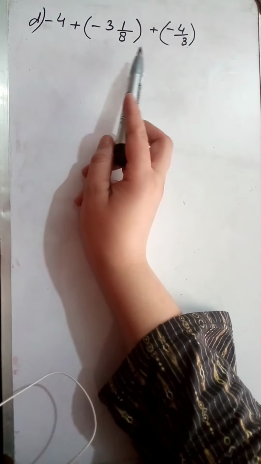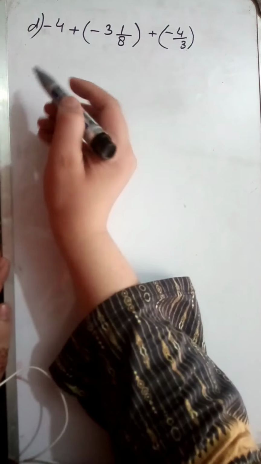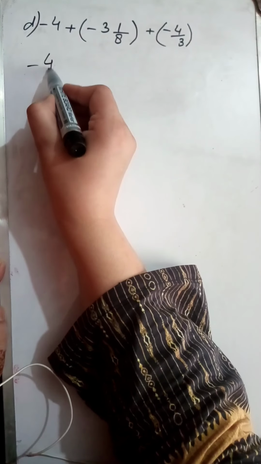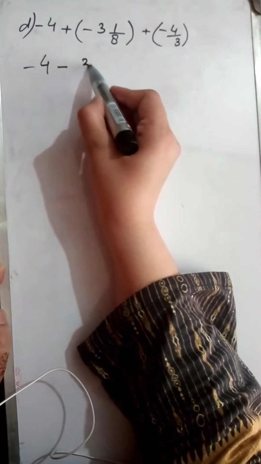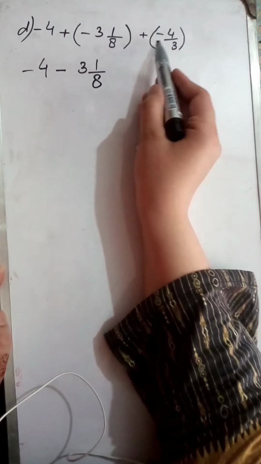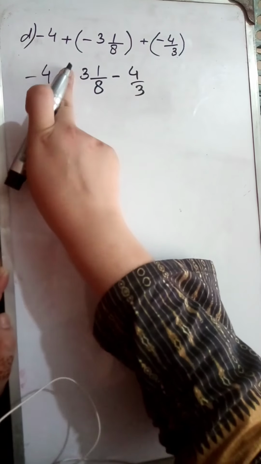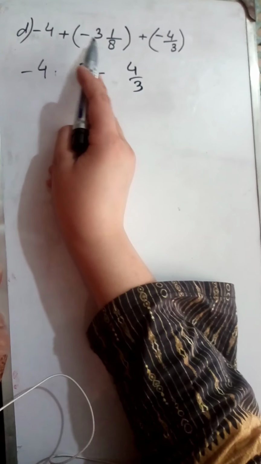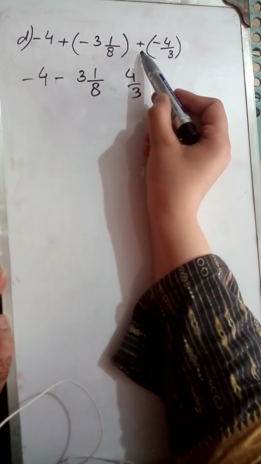Now in part A, we have brackets and mixed fractions involving positive and negative numbers. So okay, students, do your question easily. Figure out whether you want to solve the mixed form first or the brackets. So plus minus, minus 3 1 by 8. Again plus minus, minus 4 by 3. Or you can also say that when I remove these signs, whenever there is a plus sign outside the bracket, the inner sign remains the same. So we put the minus, and there is a plus sign outside the bracket, so the inner sign will remain the same. You can apply both concepts.